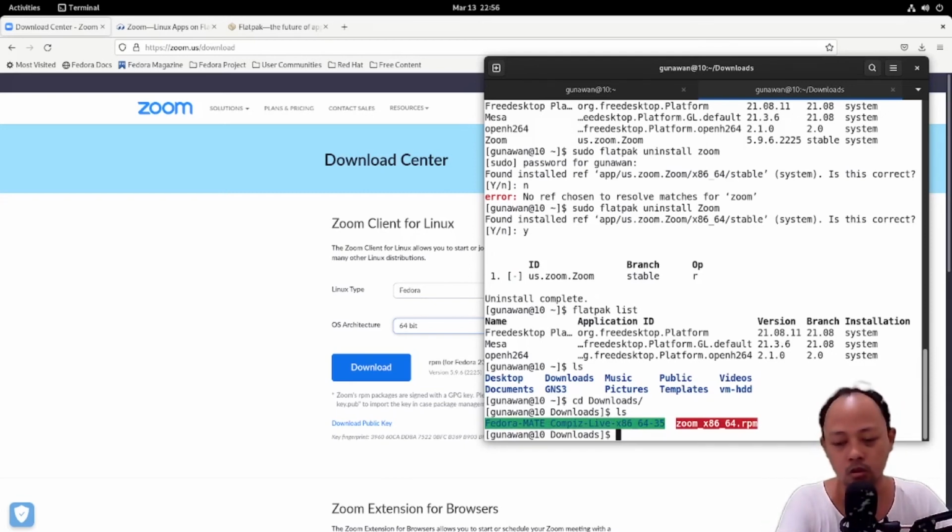We will install the package that we already downloaded from the terminal.